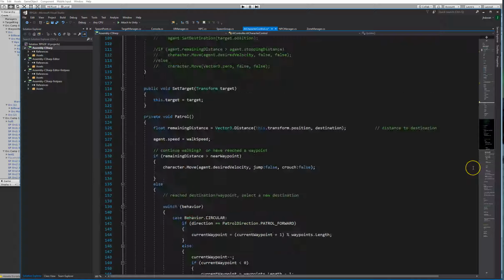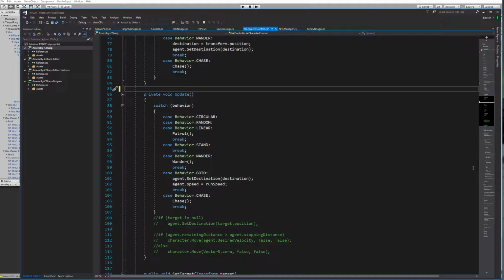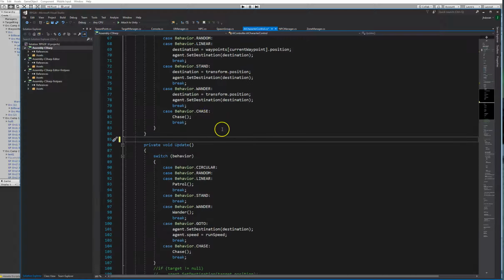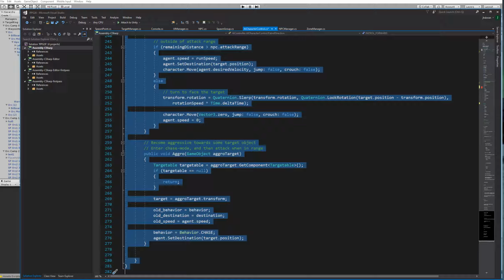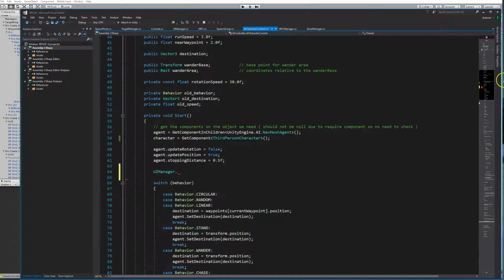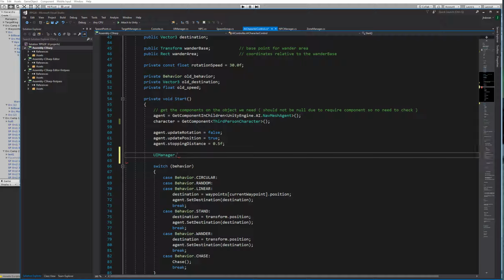I suppose we could say something like UI manager dot instance. No, what are you doing? I do not want you to. Dot instance dot send message, starting AI character controller,